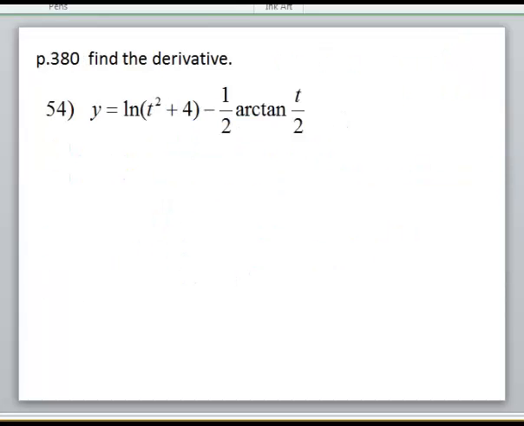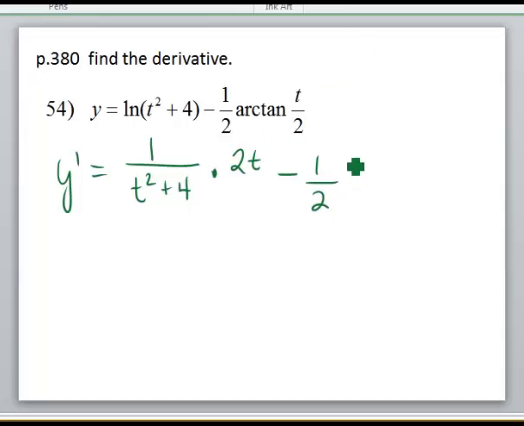Moving on to our last example, we're going to find the derivative. We are going to take the derivative of the ln. We know the derivative of ln is 1 over t squared plus 4. And we have to take the derivative of that term, which would be times 2t. Minus. Now we have the arctangent again. And this is just a constant up front, so I'll put the 1/2, and then I'll multiply by its derivative. So the derivative of arctangent, this is 1/2 t, so that's my u statement, this is my u, remember we're going to convert it into,